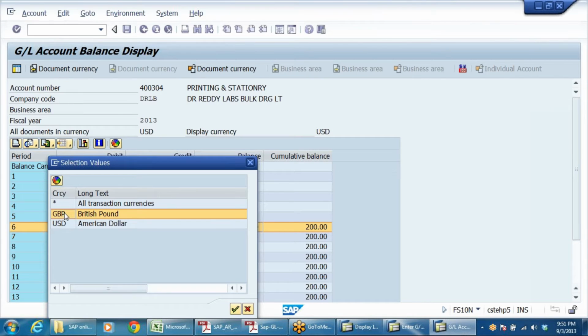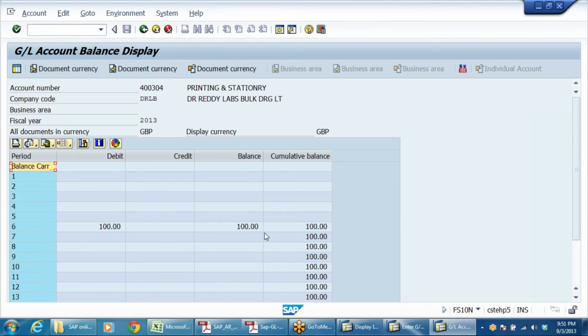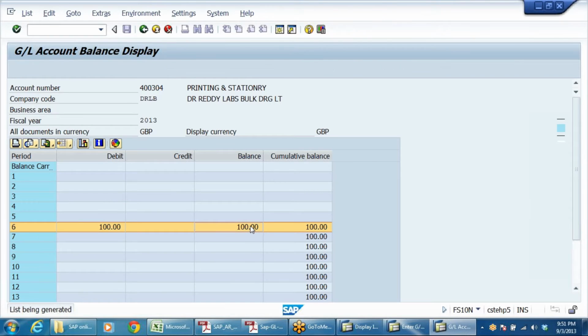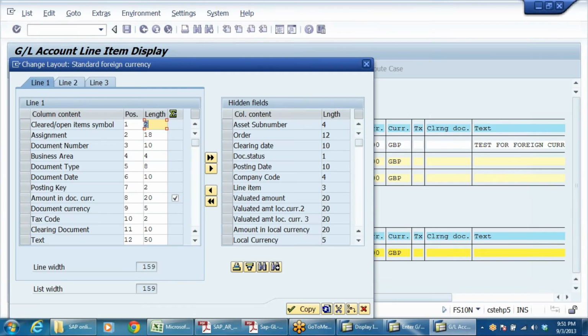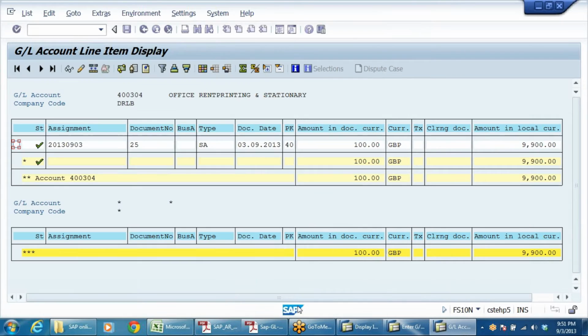Select GBP. Then only 100 GBP. And if you want to see this, I don't want text, push toward this side and take amount in local currency. What is local currency? That also I can push. Let me check.